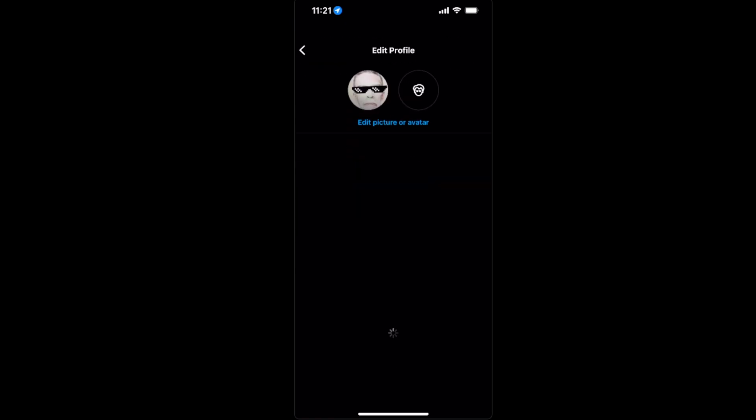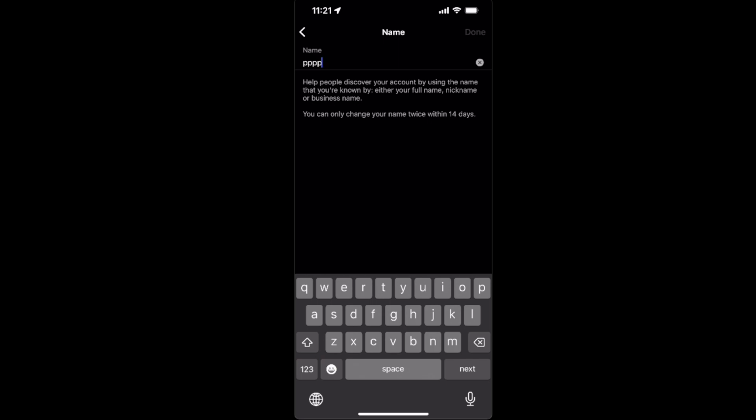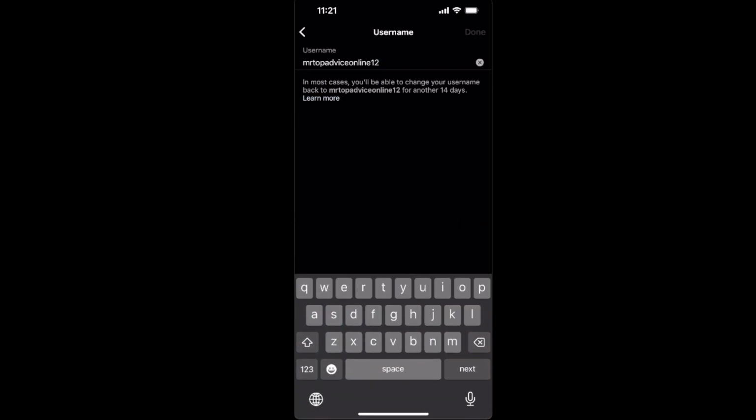Then you're going to click edit profile, and here on name and username, you can actually change your name here. So as you can see, you can only change your name twice within 14 days. So be aware of that. But basically, you just change your name here, click on done, go on username here, click change it, and as